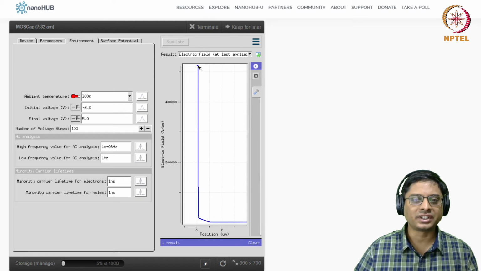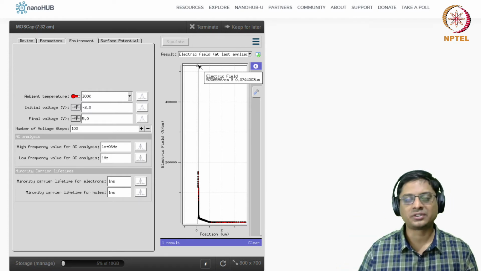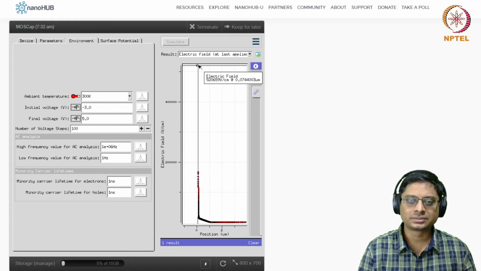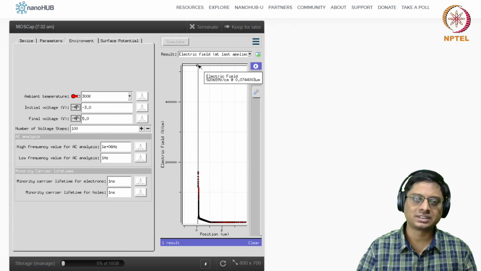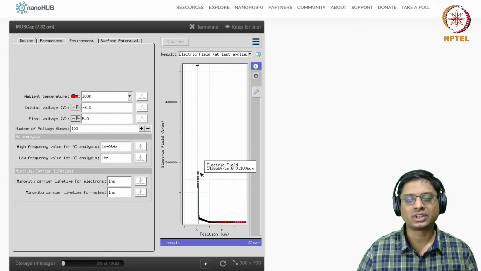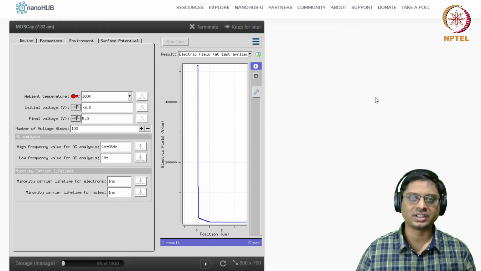But then at the interface, it is 52,000, okay? So you'll see that this is actually slightly higher than the ratio of epsilon silicon to epsilon oxide. You should think about why that is so. We showed that Gauss law says that epsilon oxide times the electric field in the oxide should be equal to epsilon silicon times the electric field in the silicon.